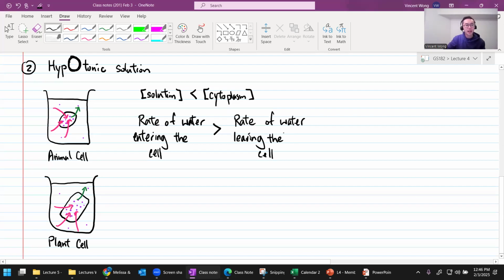Does everybody understand why more water is going in than leaving? Okay, so if we draw the basin to help you visualize this,